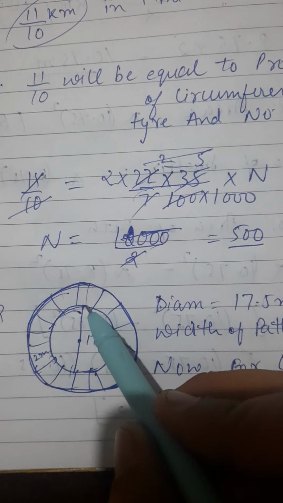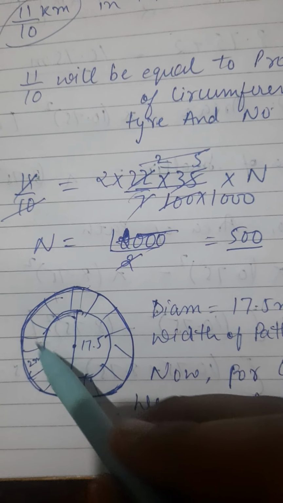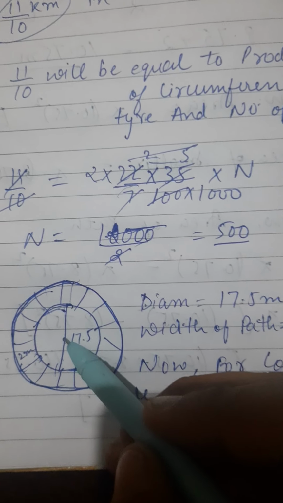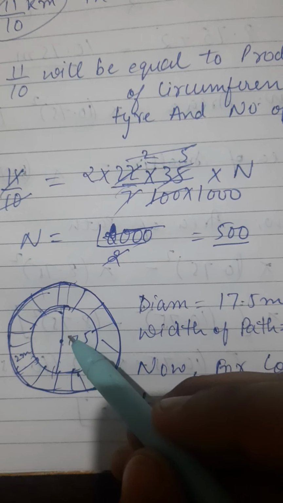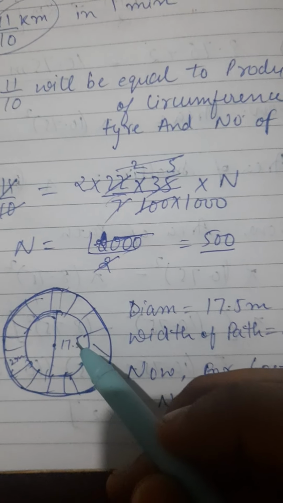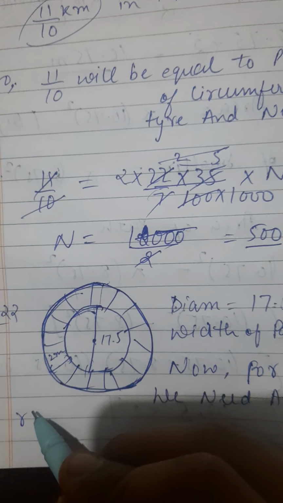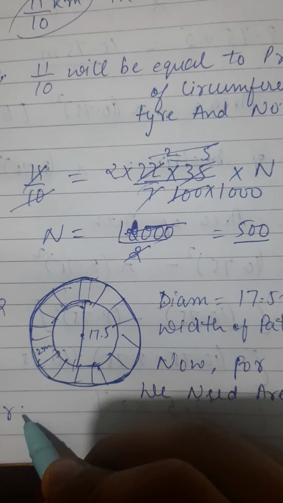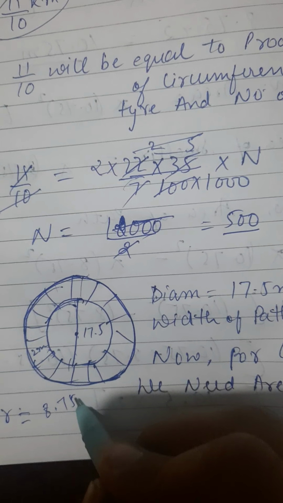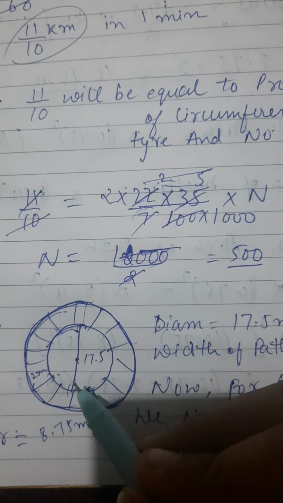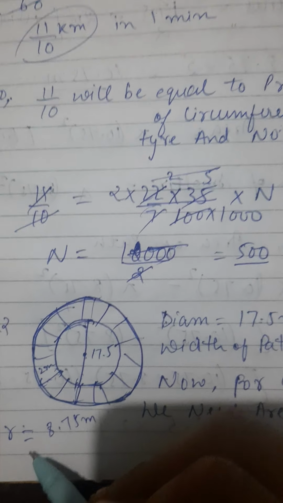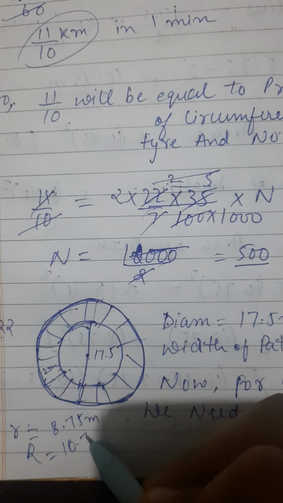So for the area of the smaller one and bigger one, we first need to find out the radii of these two circles. So as the question has provided us the diameter of the smaller circle, we can simply find out its radius by just dividing it by 2. So radius, I am representing it with small r. For the smaller circle, it will come out to be 17.5 by 2, which is 8.75 meters. And for the bigger circle, we simply add 2. As this width is 2, we simply add 2 meters for the bigger circle, which will be 10.75 meters.